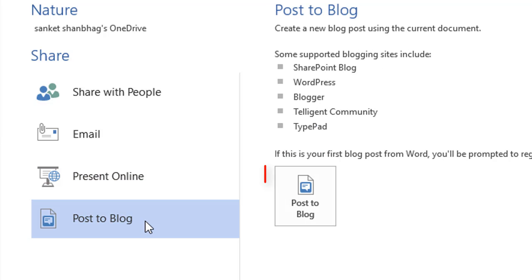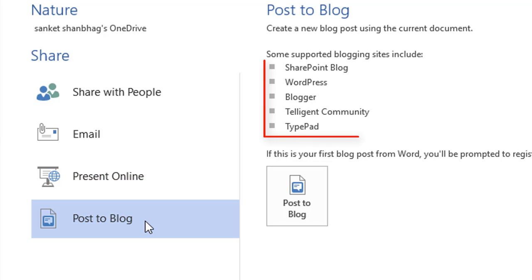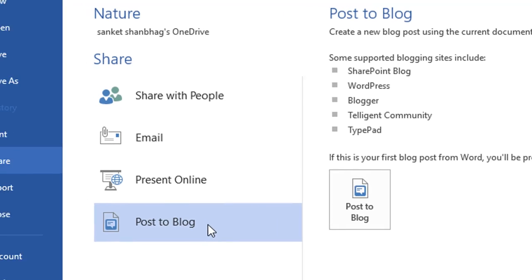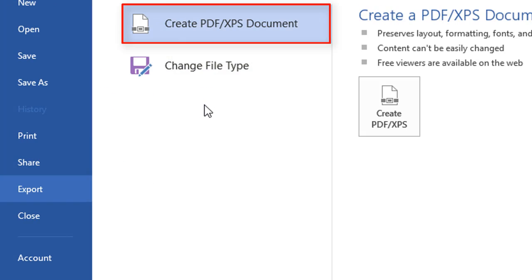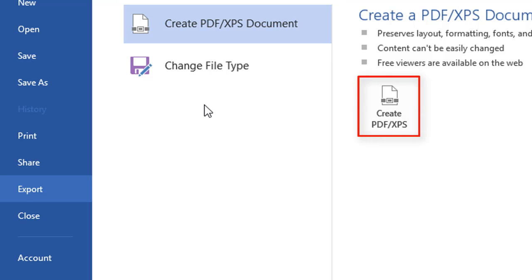We can post the document to blog. Some supported blogs are SharePoint blog, WordPress, Blogger, Intelligent Community and TypePad. Next tab is Export. We can export the document in PDF or XPS format using Create PDF or XPS document